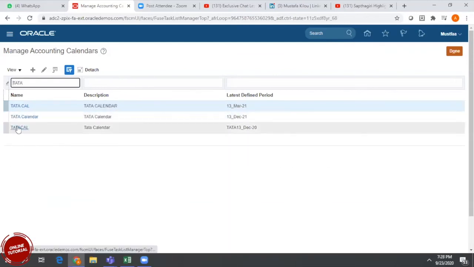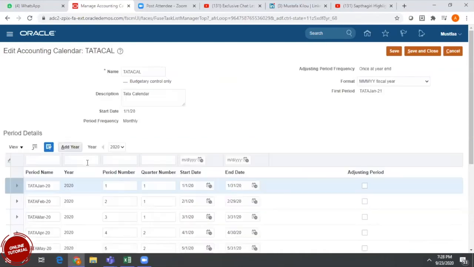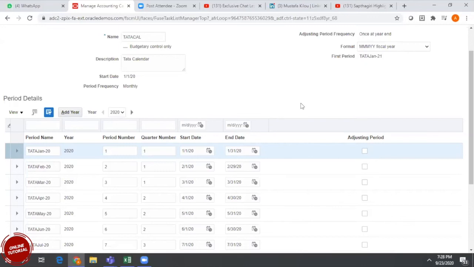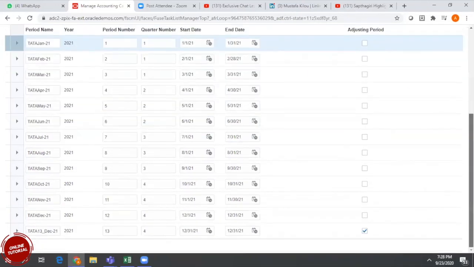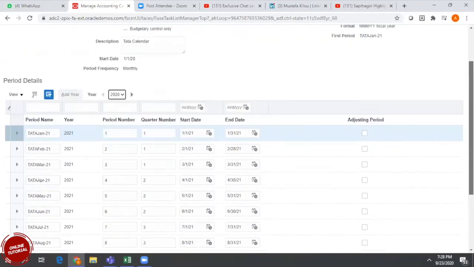I want to create calendar periods for 2021 also. What I will do is add year. This 2020 is for the currently existing periods, and now I'm adding one more year. Automatically, it will create the calendar for 2021 in the same format.